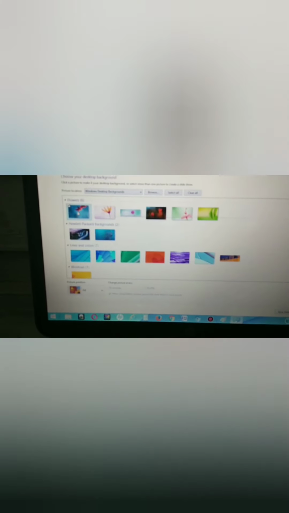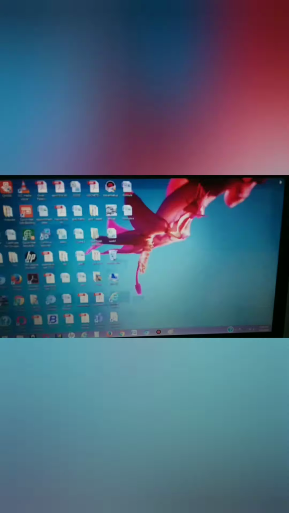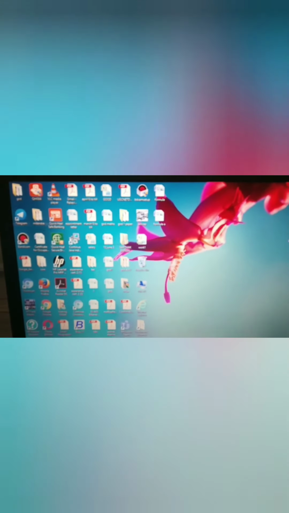Now in this we have to take this desktop background, then we can select any of the backgrounds and save changes. And when we close this window we can see our desktop background is changed.